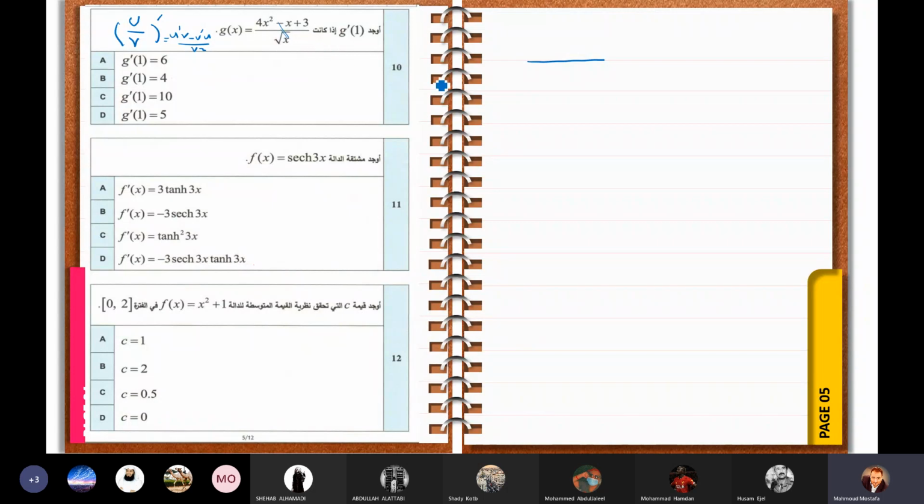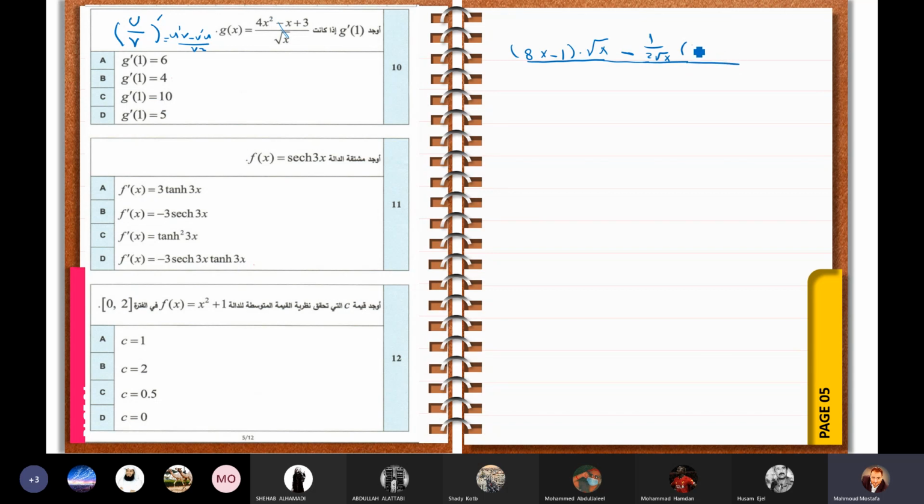Or you can use the quotient rule. Here u prime, the derivative of the numerator, will be 8x minus 1, multiplied by v, the square root of x, minus v prime, 1 over 2 radical x,